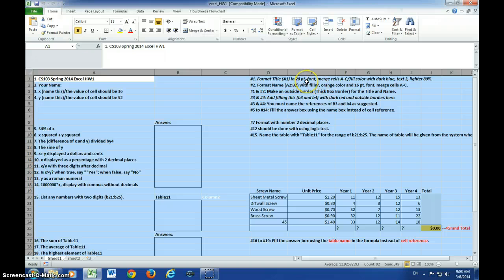So that's the instance of the question number 1 instruction, and number 2 instructions are here, and I put your name in A2, and then A2 and C2 will be center, merge, or merge and center